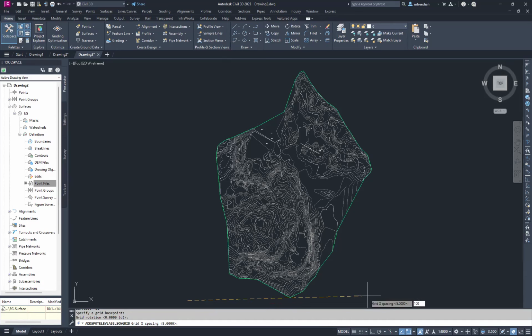Every 100 meter, make a grid in X, and in Y, also 100 meter, or up to you. Normally X and Y spacing are the same. Now the command line asks you to specify the upper right location for the grid. I choose the base, choose the upper to cover the whole surface if you want, or a part of the surface